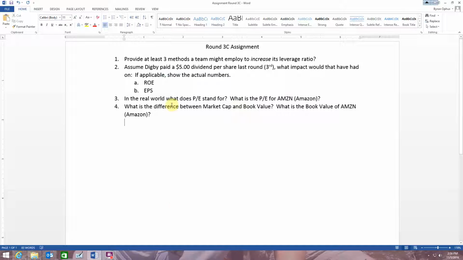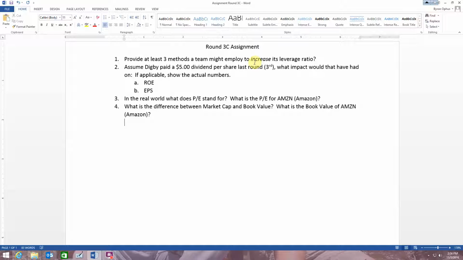So here's an example of something that wouldn't affect the leverage ratio. Let's say you bought equipment using cash. Let's say, for example, your assets were 100 and your equity were 50. Your leverage ratio would be 2. Well, if you bought 10 worth of equipment, your cash goes down by 10, but your equipment goes up by 10, so your assets don't change. Obviously, then your equity doesn't change either, and so your ratio would stay the same as